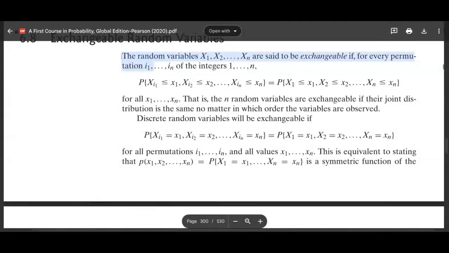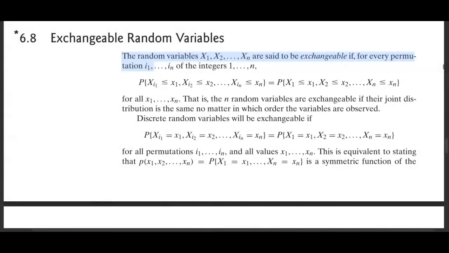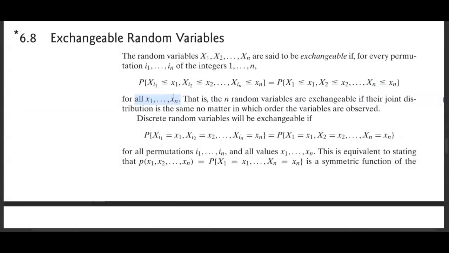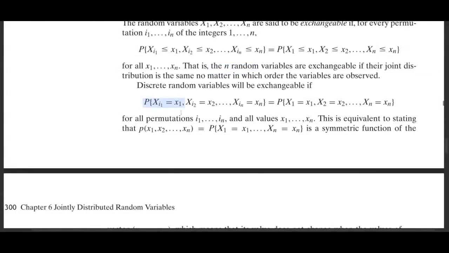Let's see, the random variables are said to be exchangeable if every permutation of the integers of n gives the same joint distribution, for all. So what does it mean? That means the n random variables are exchangeable if the joint distribution is the same, no matter in which order the variables are observed. So for discrete random variables,